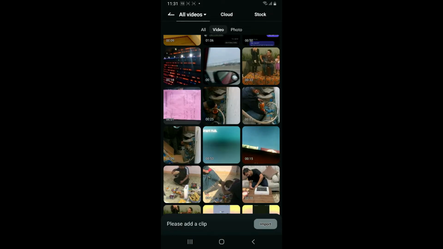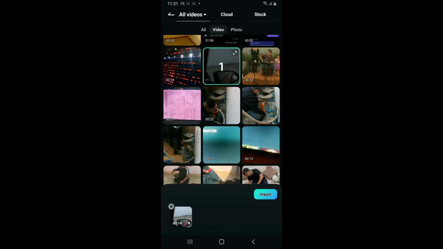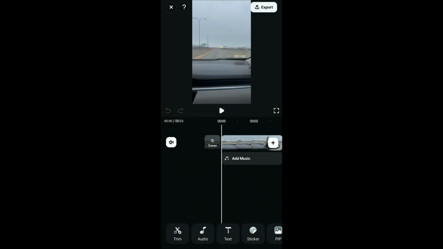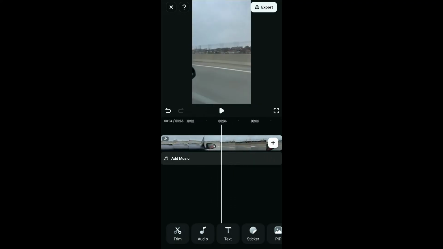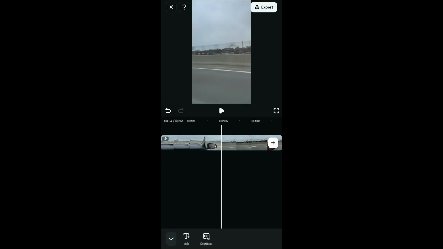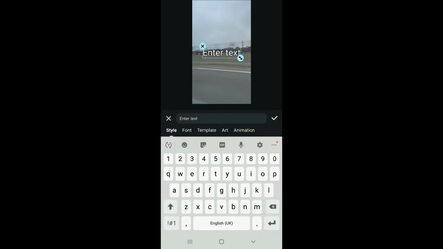Select the video clip on which you want to add the text-to-speech option. After choosing the video clip, click on Import and wait for the video to appear on your timeline. After it has appeared, go ahead and choose the text option at the bottom of the screen. Now click on the T+ button at the bottom left and enter the text you want to convert into a